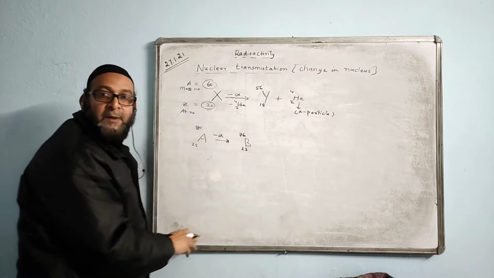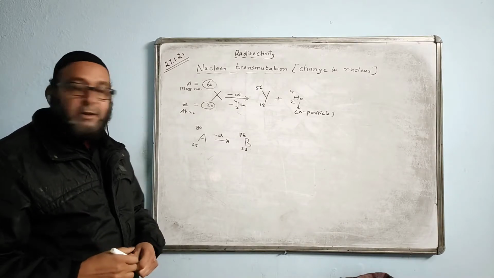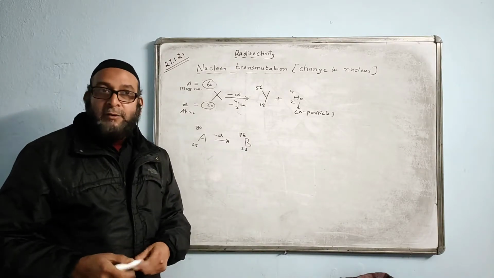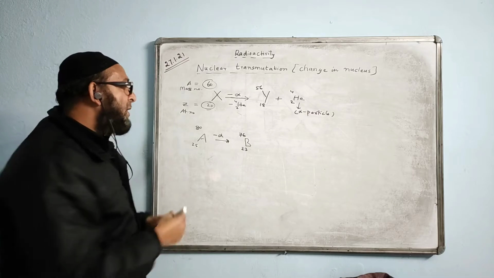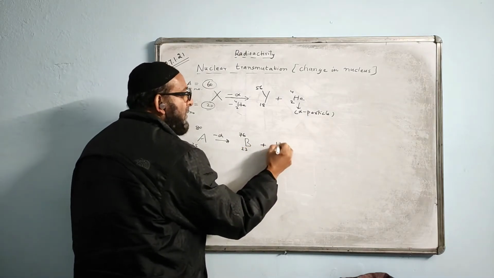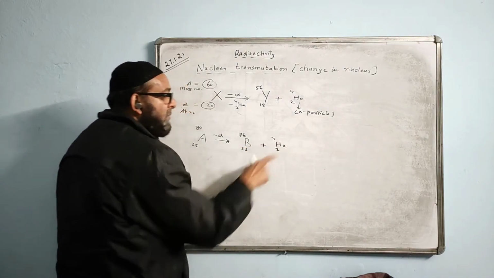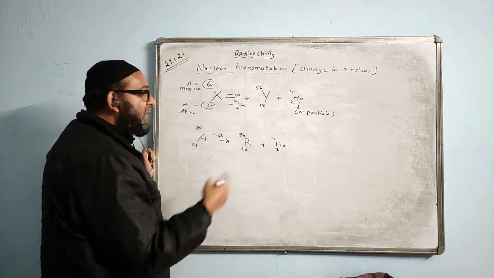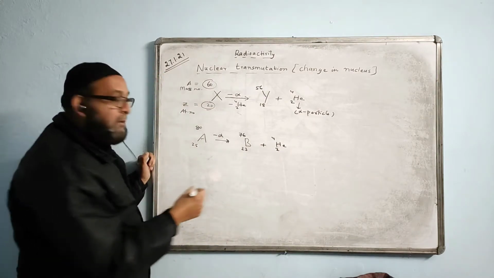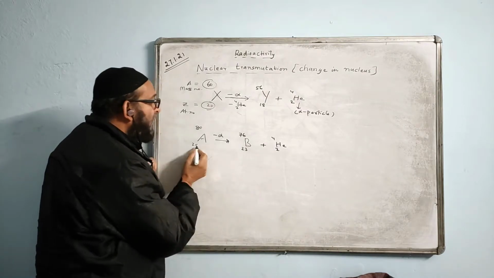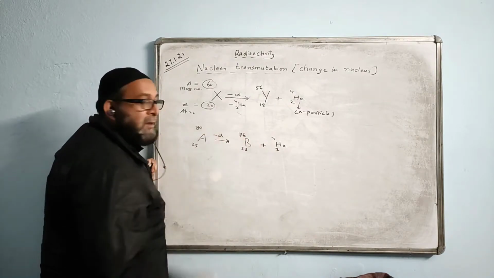So finished. If they just ask you to write the composition, this is the composition. But if they ask you to write the nuclear reaction, we will write plus 2 and 4 like this. This is the alpha particle. And check whether what you have done is right or wrong. 23 plus 2 gives 25, 76 plus 4 gives 80.